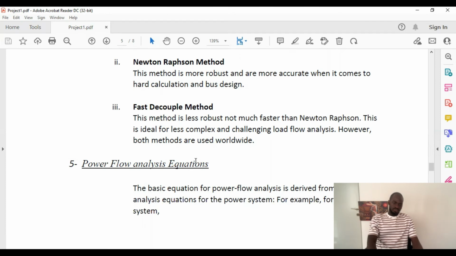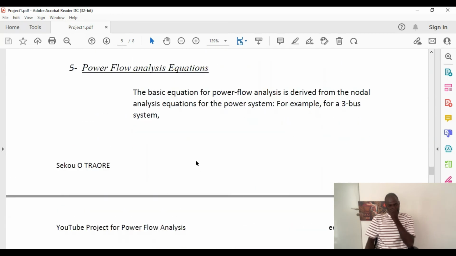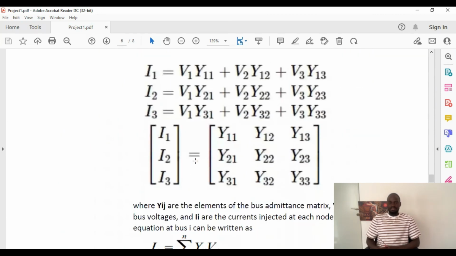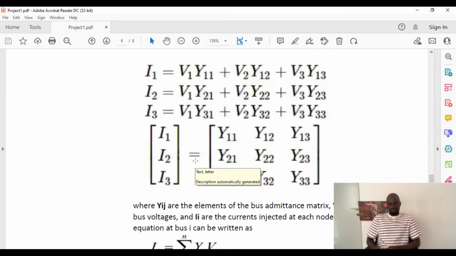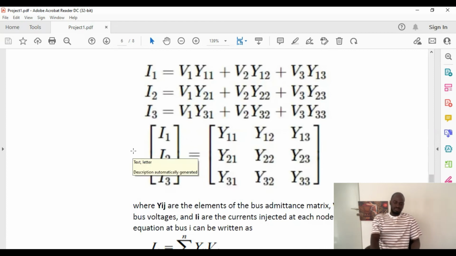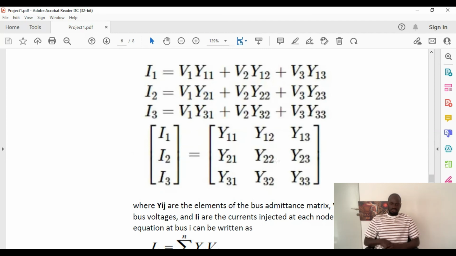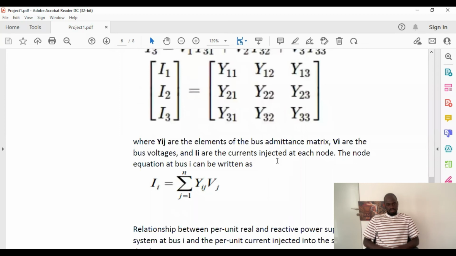Now the power flow analysis equations. The basic equation for power flow analysis is derived from the nodal analysis equation for the power system. For example, a 3-bus system can be analyzed with Kirchhoff's current law by using 3 different unknowns, which are I1, I2, and I3. You can see here their values and their formulas,